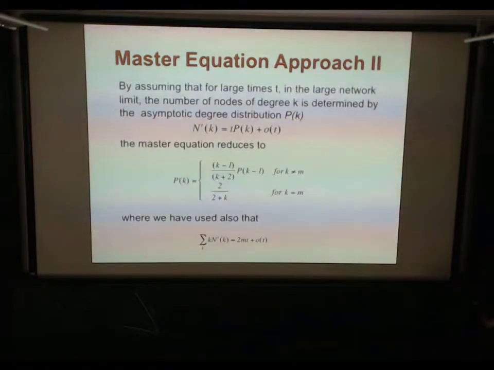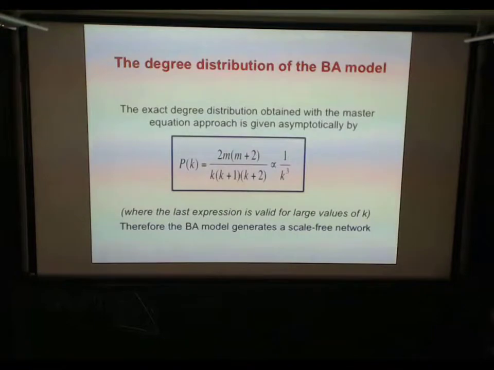So what you do is you assume that the degree distribution goes to a stationary state. You assume that the number of nodes that at time t have degree k goes like the number of nodes, which is more or less t, times a degree distribution that is now in a stationary state. Then you solve this master equation for the degree distribution. The time t simplifies, and you can find the exact degree distribution, which is a nice and neat decay with the exponent gamma equal to 3 for large k.